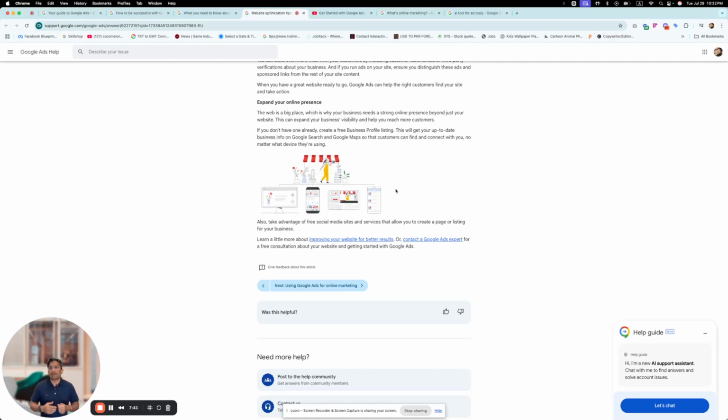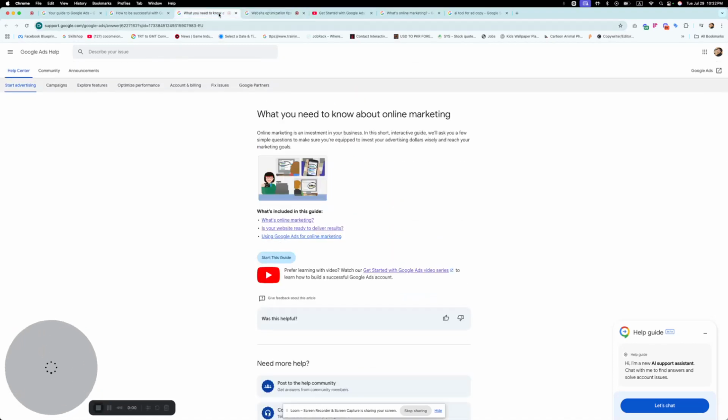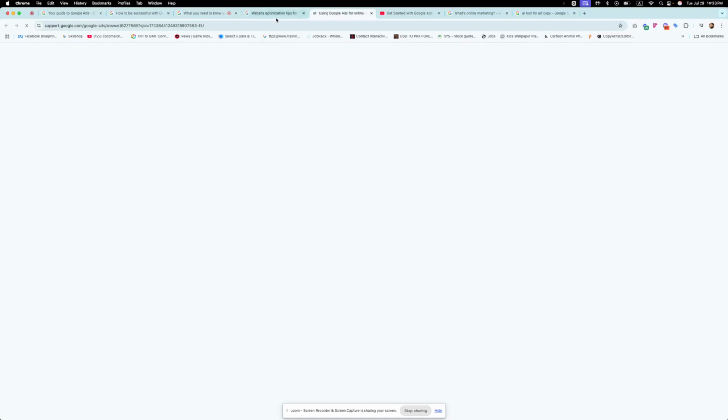Now we are in the era where we have desktop screens, laptop screens, tablets, and mobile phones. So it should be one website that is responsive, whether app or website, whatever you are trying to sell on. So that's how you are going to be doing your website. Just a consideration. Let's go to using Google Ads.